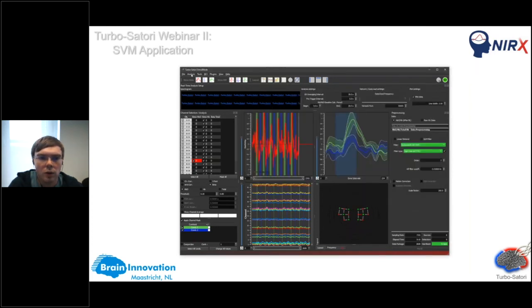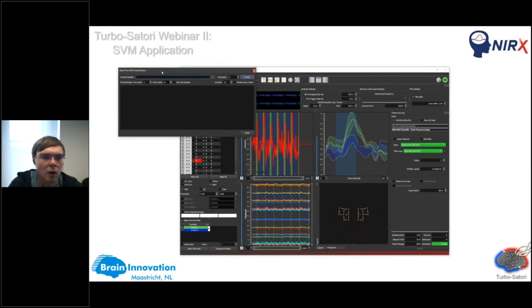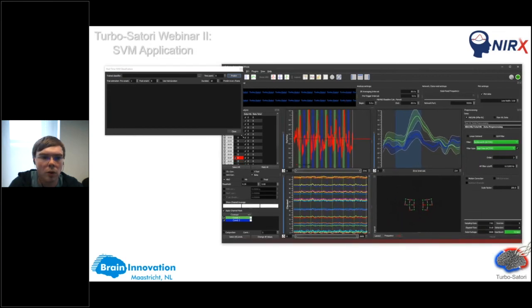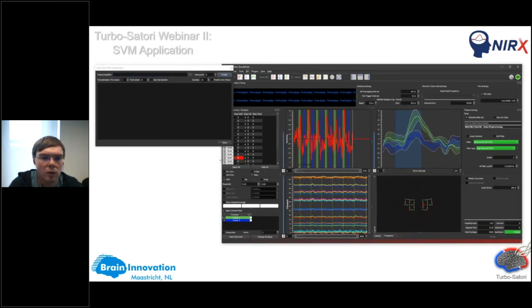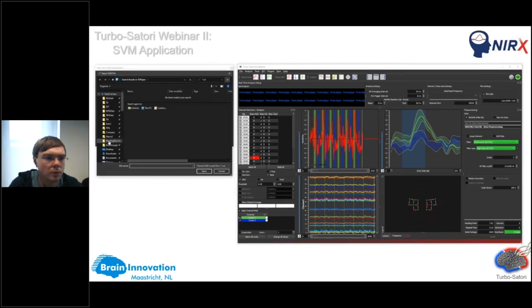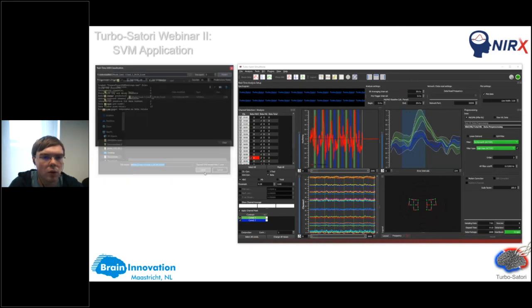Okay, how can we use this trained classifier now? We just go to Analysis and click on Real-Time Support Vector Machine Classification. And now we select our classifier, which we just trained. Which is this one. I just open it, and I can see here the settings that were used for this classifier. So then I can just click on Predict,